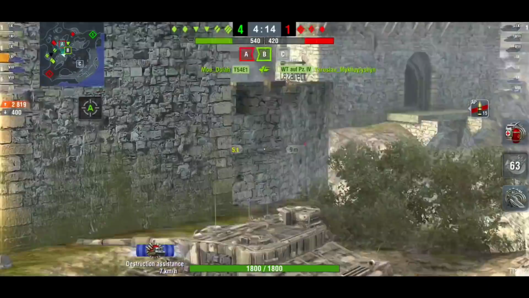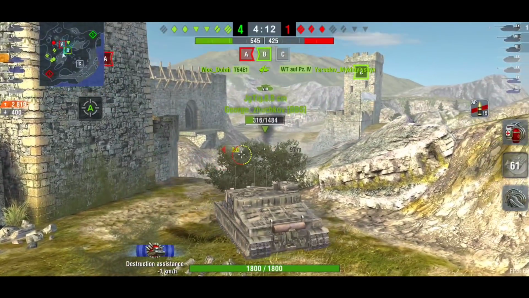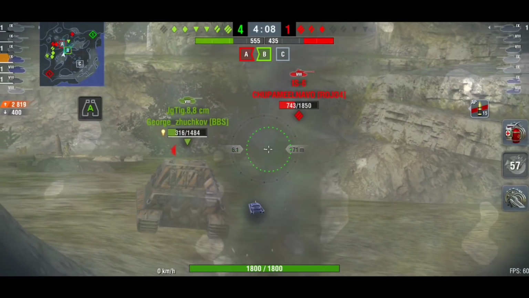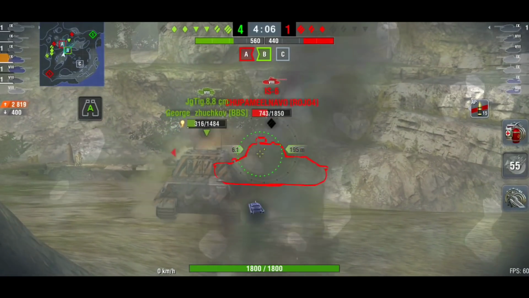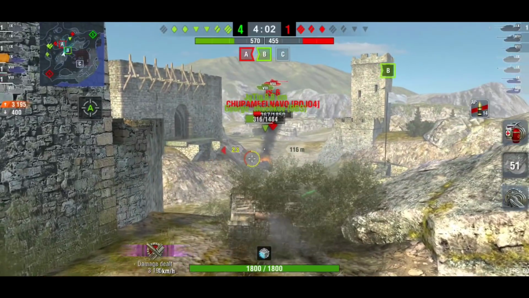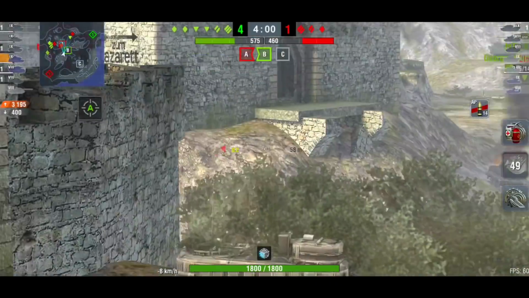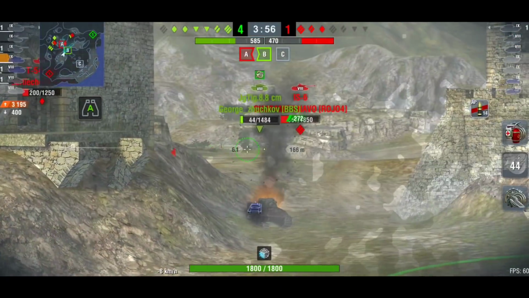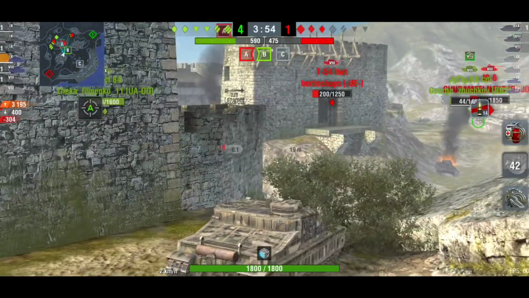You're not going to get too many bounces if you're in tier 10, but if you can angle, you do have to angle quite a lot. The best thing about the Tortoise is it has great gun arc, but it is still a slow tank. It does still struggle. It takes your time to get into battle. So yeah, I don't think...